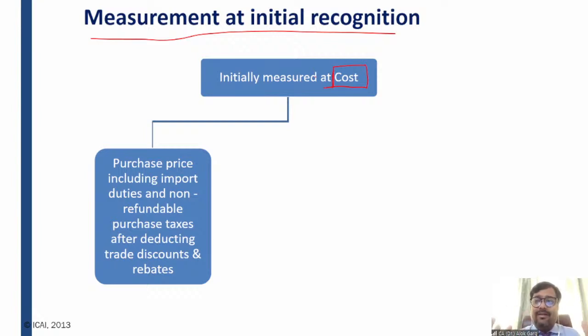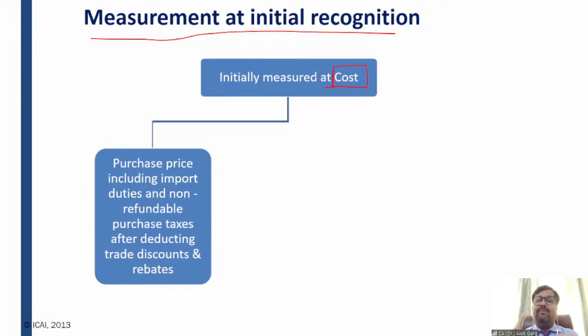Then for installing this particular machine, you have to do some excavation, incur some installation cost and some assembly cost, right? If this machine requires training, you need to engage a trainer and also incur some training cost, right? So guys, just think about at what value this machine needs to be recognized. Do I recognize this machine at the cost price which I am paying to the supplier based out of China? Or do I need to capitalize all these expenses related to the machinery?